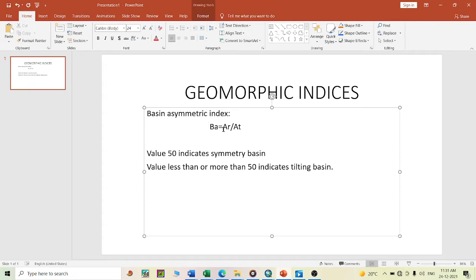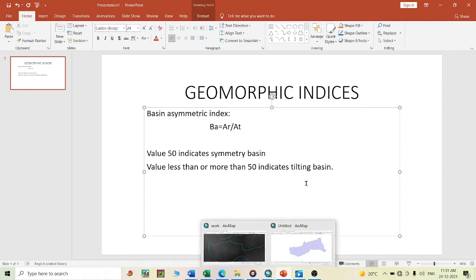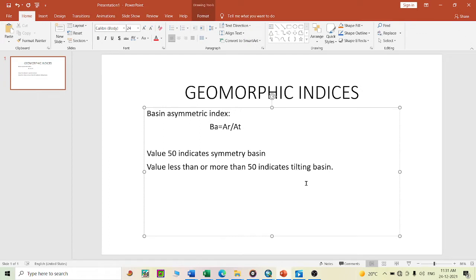Here we need two things: the basin area to the right side and the total basin area. For calculating these geomorphic indices, we need to take the help of a GIS environment, any GIS environment, or we can do it manually.